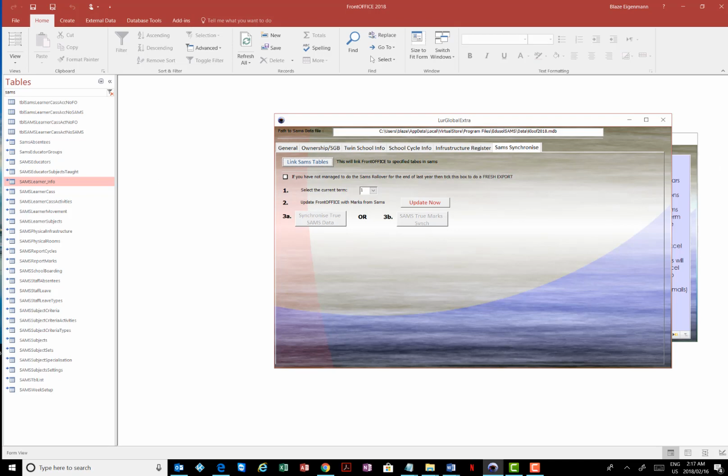Right, so we've clicked chosen term 1, so we're just going to click update now. Okay, when it says updating complete, now you'll see you can run either 3A or 3B, synchronize true SAMS data or synchronize true mark sync. So SAMS true mark sync. Now, obviously, we use the word true to indicate that what we are dealing with here is true SAMS